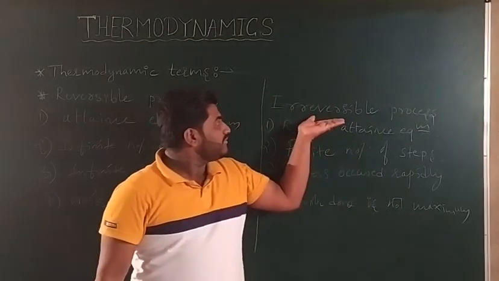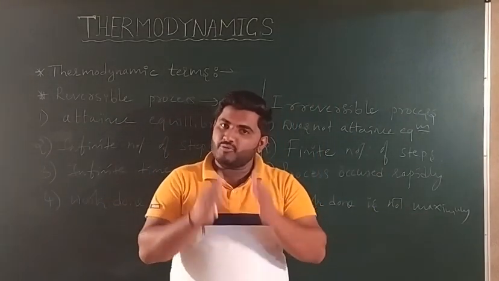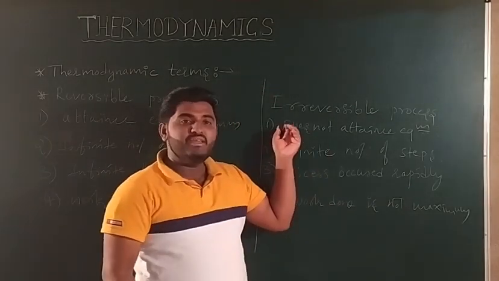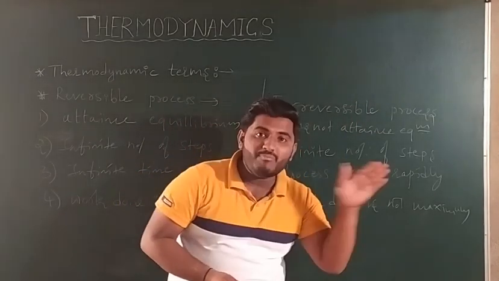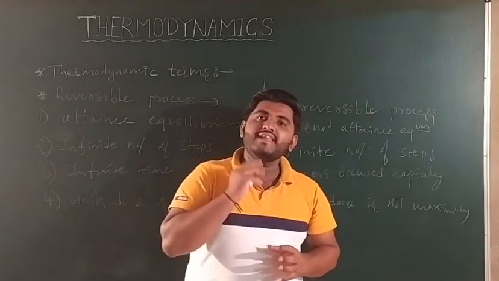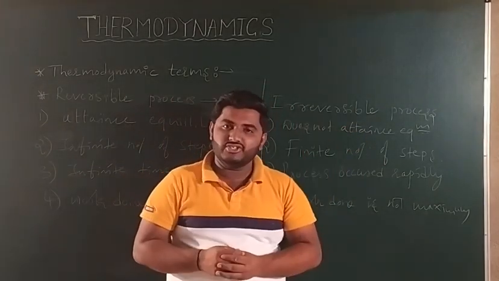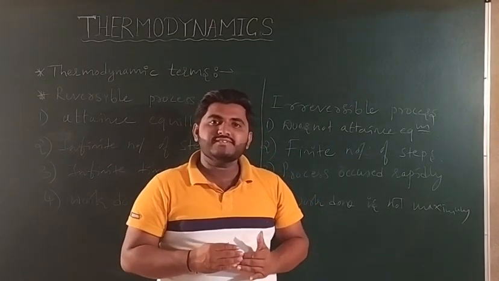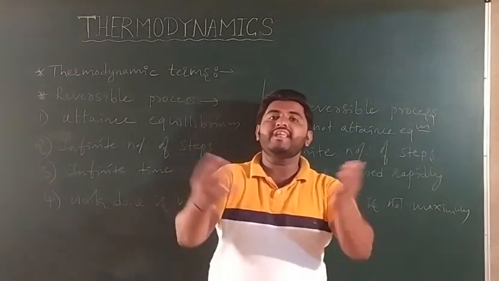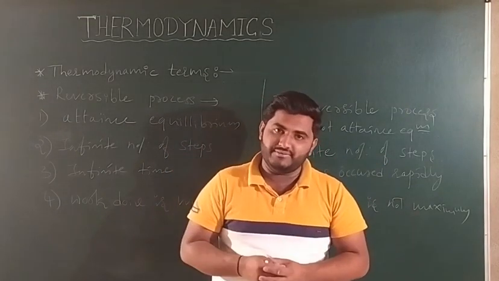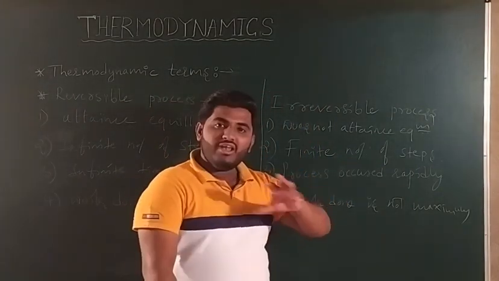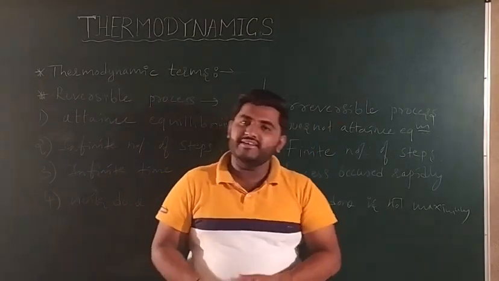Okay, reversible. What about irreversible? An irreversible process is a process which occurs very fast and has no reversibility. The system does not attain equilibrium. No backward reaction in this case. And all naturally occurring spontaneous processes are irreversible in nature. So what are spontaneous processes? Spontaneous processes are the processes which can occur themselves without any external work. They will develop themselves. Those are called spontaneous. All naturally occurring processes are irreversible in nature.